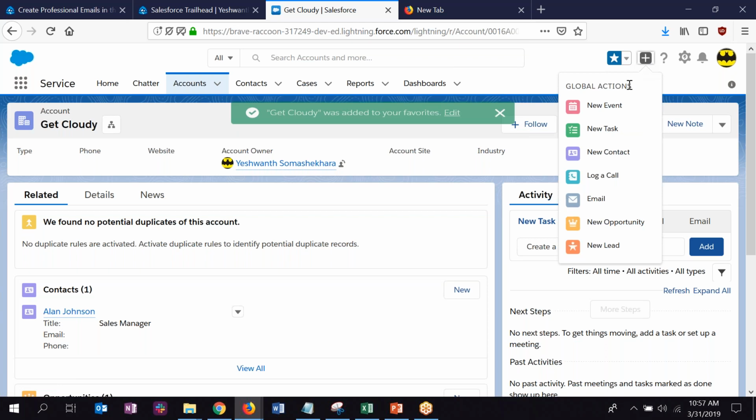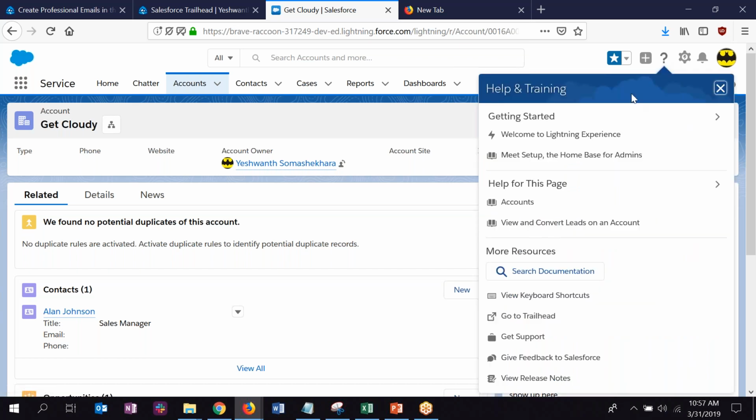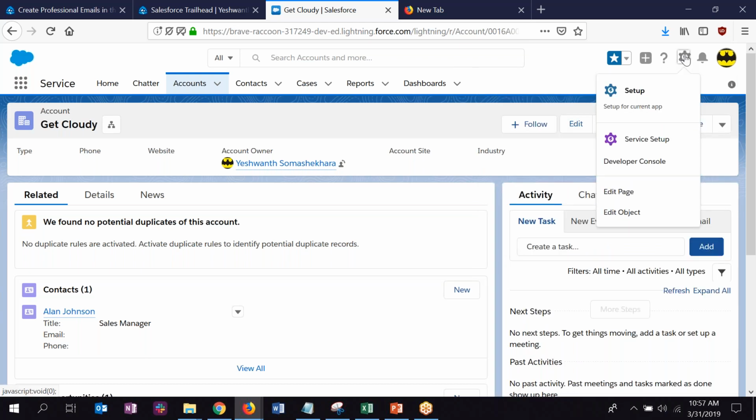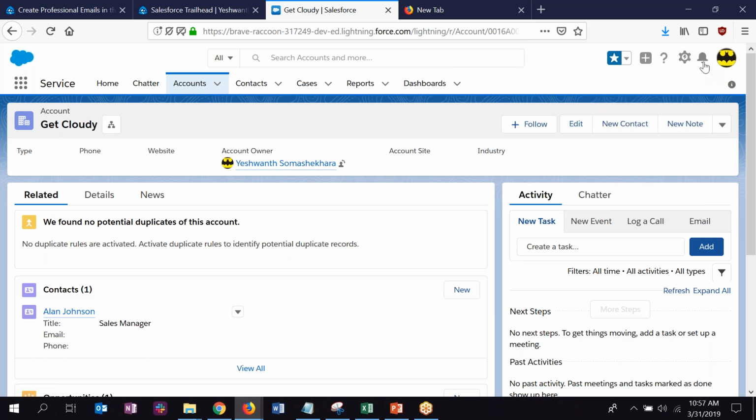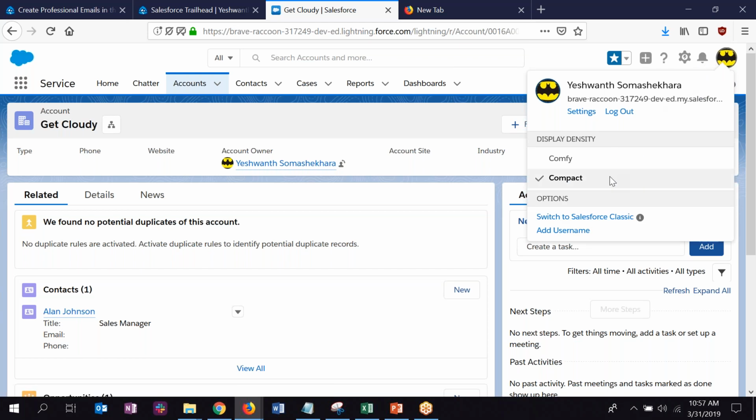Then, if you want to create a new lead or opportunity immediately from your screen, you can do it from here. Then there is help. There's a lot of Salesforce help out there. Then these are settings for your own settings. So this is admin settings. Then notifications. For example, if somebody has tagged you in something and something has changed somewhere, as soon as you log in, you get your notifications here. There'll be a number like 1, similar to your iPhone notifications, and you can see it. This is where your settings are.